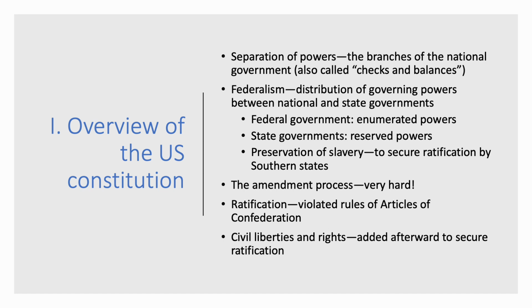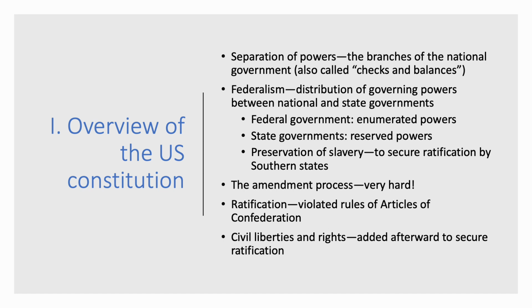Now, federalism is a critical part of the structure of the Constitution. And most countries don't have federalism, but we do. The federal government is a government of enumerated powers, meaning the federal government can only do something if there are words in the Constitution that say that it can do those things. Whereas the state governments can do anything that is in their own constitutions, their own powers, as long as it isn't prohibited to them specifically by the Constitution. We call it reserved powers.